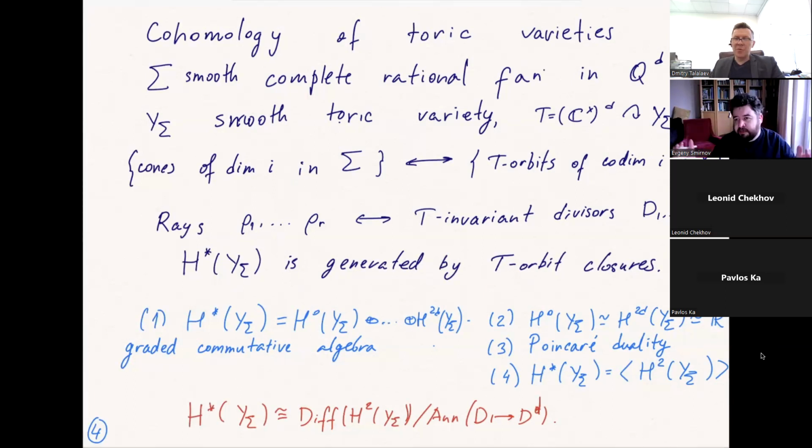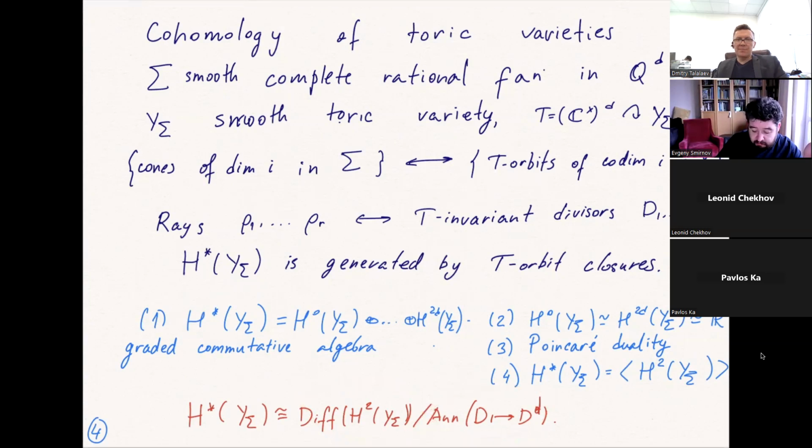So a divisor is a subvariety of codimension 1. If you take an intersection of d such subvarieties, you need to take certain equivalents to make them transversal, but at the end of the day, you intersect d subvarieties of codimension 1 in a d-dimensional variety, you get a bunch of points, and the number of these points is a number which you assign to this d. Okay, so you have the differential operators on H2 modulo such a polynomial,